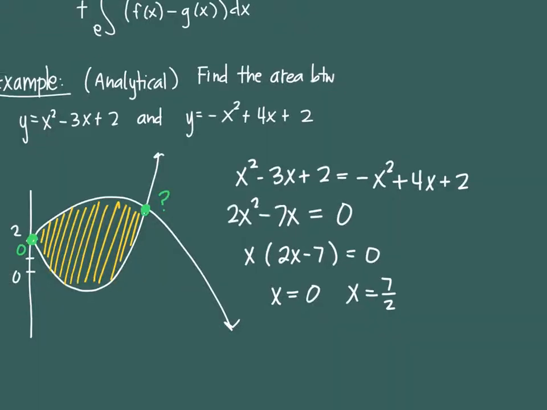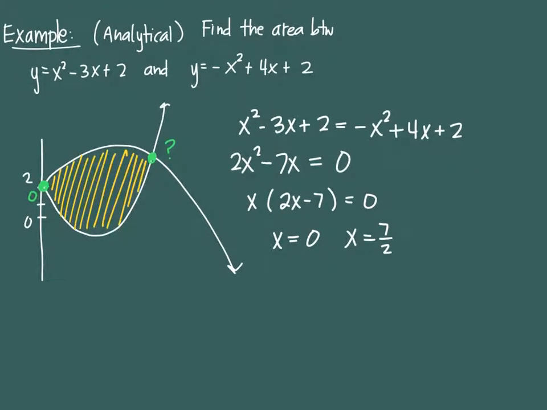So we're ready to set up our calculus so we can find the area. My integral is going to start at the intersection point of 0 and finish at 7/2. And then I just need to make sure that I've put the correct function first. So which one should I lead off with? The negative x squared, because it's the top one. It's the one that's concave down. So I'll be leading off with negative x squared plus 4x plus 2